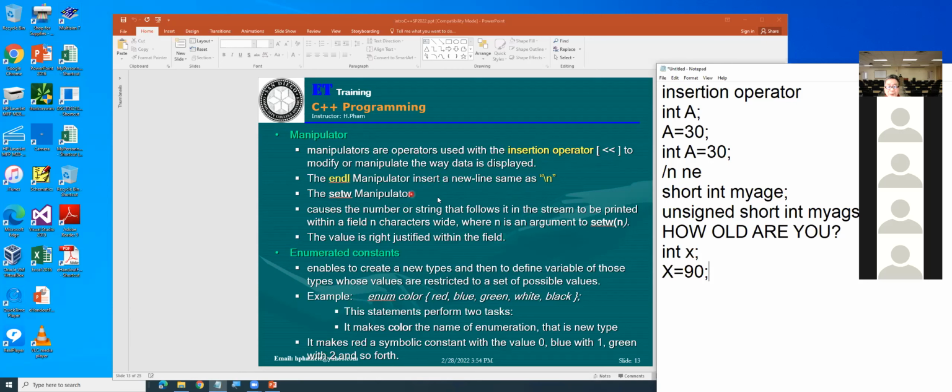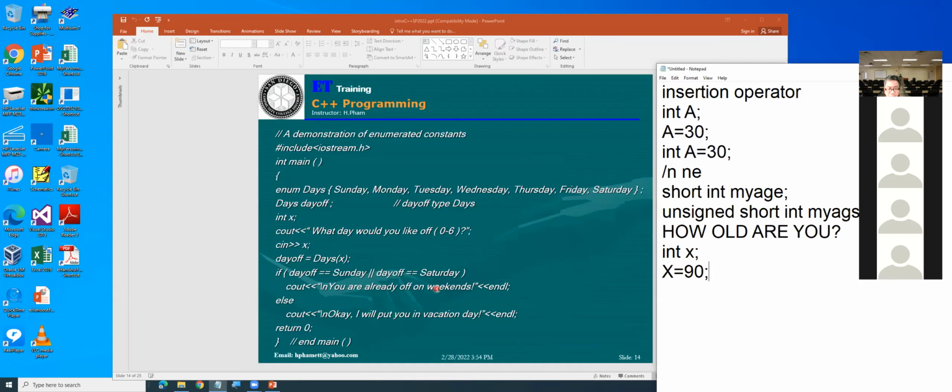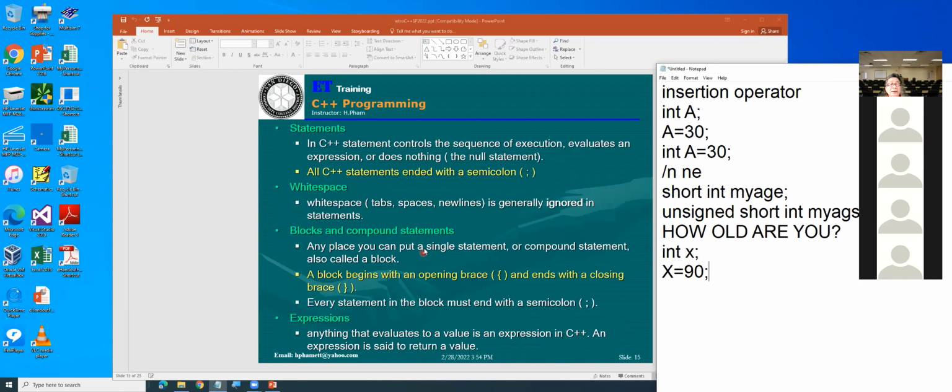setw, we don't care about that. That's just like when you type, okay? They can set it to bring in a certain field, okay? Numerical constants. So I skip that, okay? That's more programming, not in this program. And this is an example for enumerated constants. No, we don't need that.